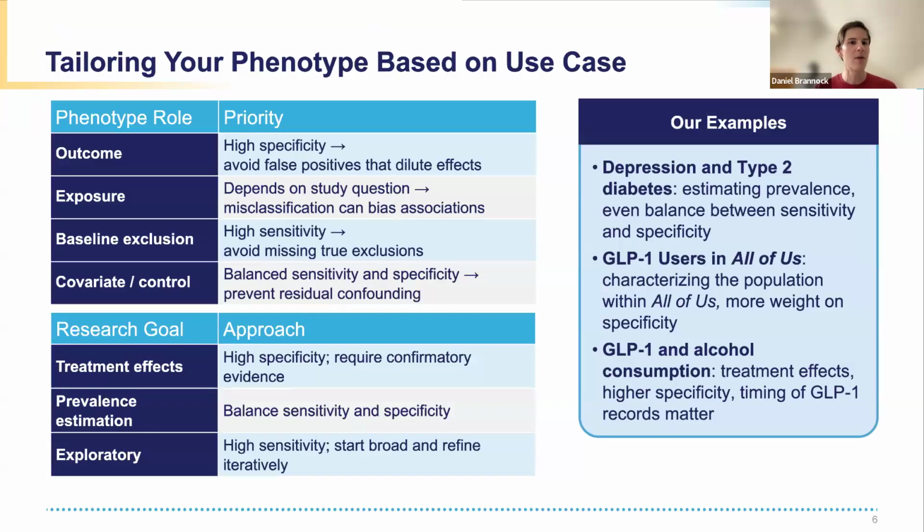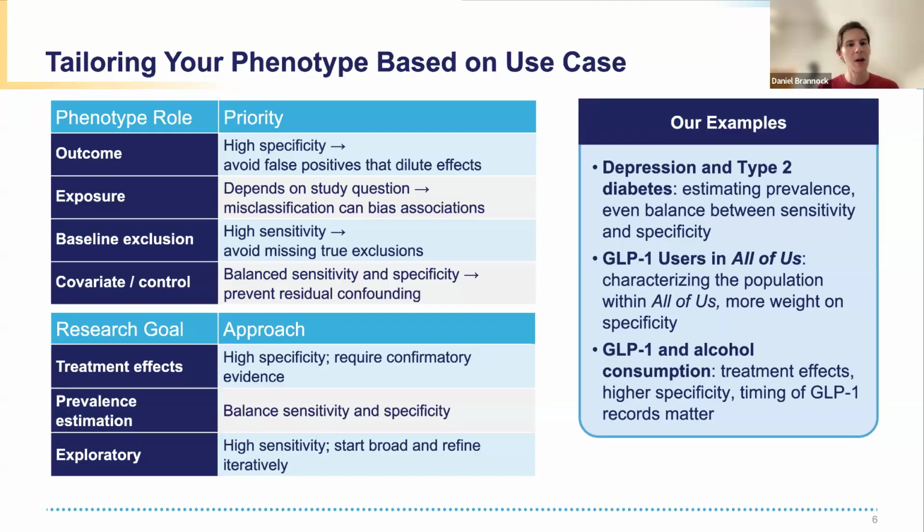Okay, so as we ask ourselves these questions for some of our examples that we mentioned at the top, you can see what we considered important for each of those use cases. So unfortunately, we don't have time to go in detail through everything on this slide, but we hope this will be a good reference. But let's look at least this first table here, which is looking at the phenotype role for an outcome versus an exposure versus a baseline exclusion versus a covariate or control, something that you're trying to